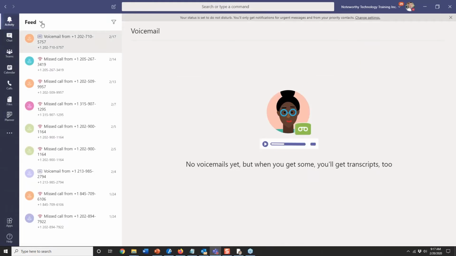Activity, real quick, going to just go through this. With this, there's a few different plans with Teams. There's this free version that comes with Office 365, and then there's also the premium, ultra premium plan, the E5 with audio conferencing. So what that means is that when I go into Teams, or if I go into Outlook